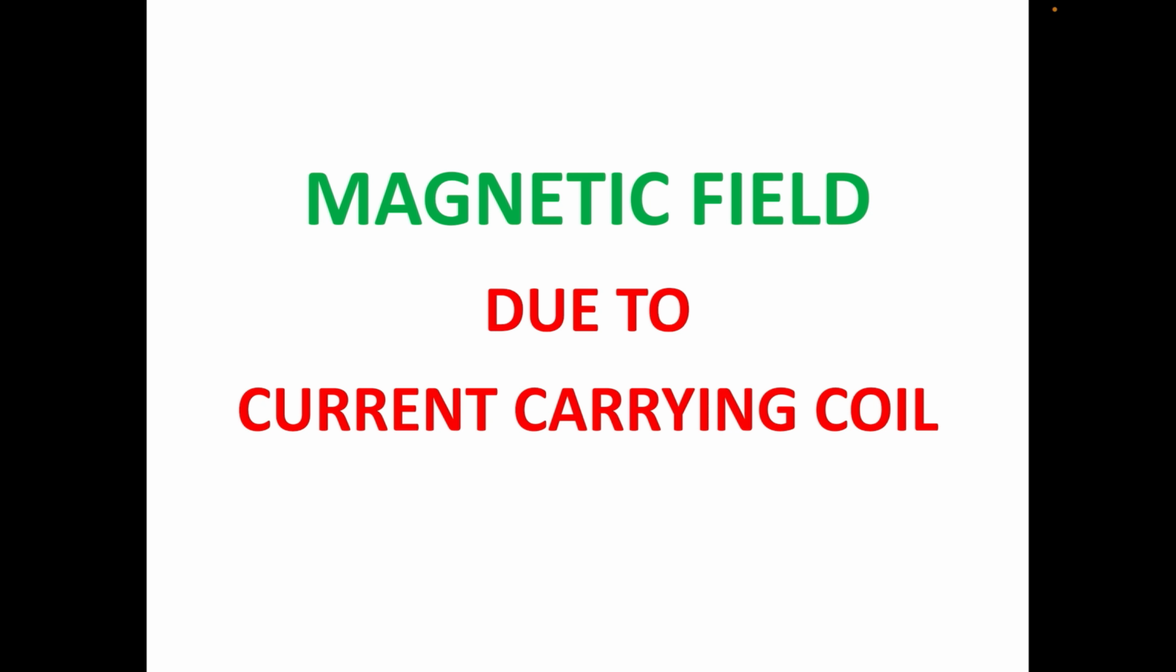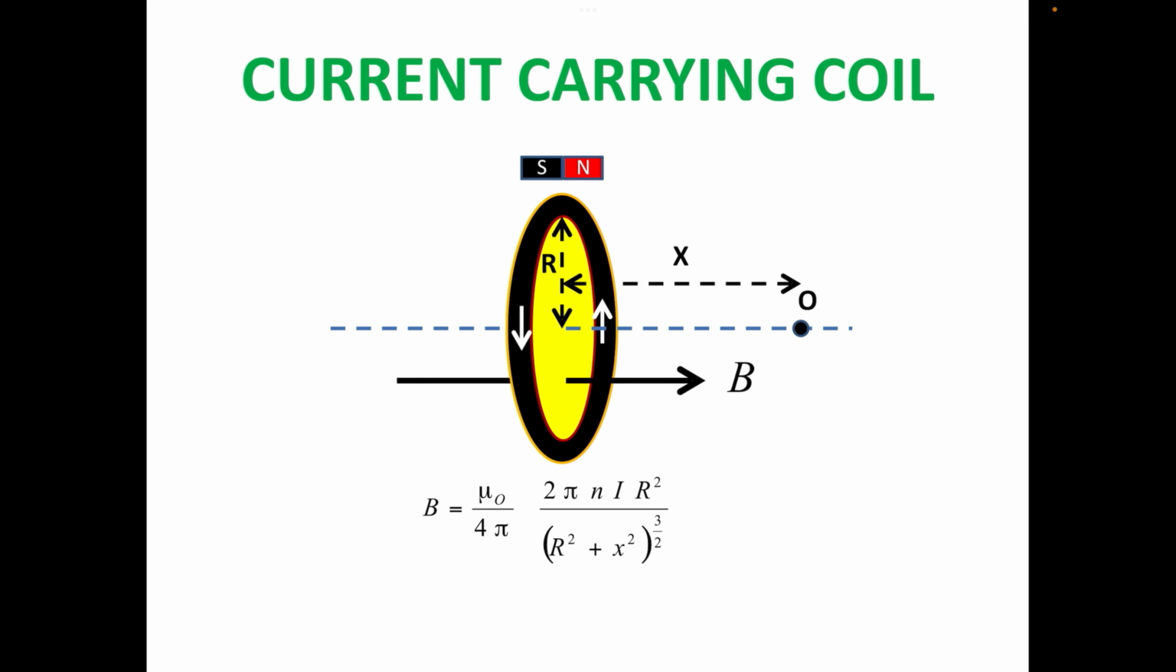In this video, I will share an experiment to study variation in intensity of magnetic field due to a current carrying coil along axis of the coil. A current carrying coil behaves as a magnetic dipole with one face as north pole and the other face as south pole. Direction of magnetic field due to a current carrying coil is perpendicular to plane of the coil, and